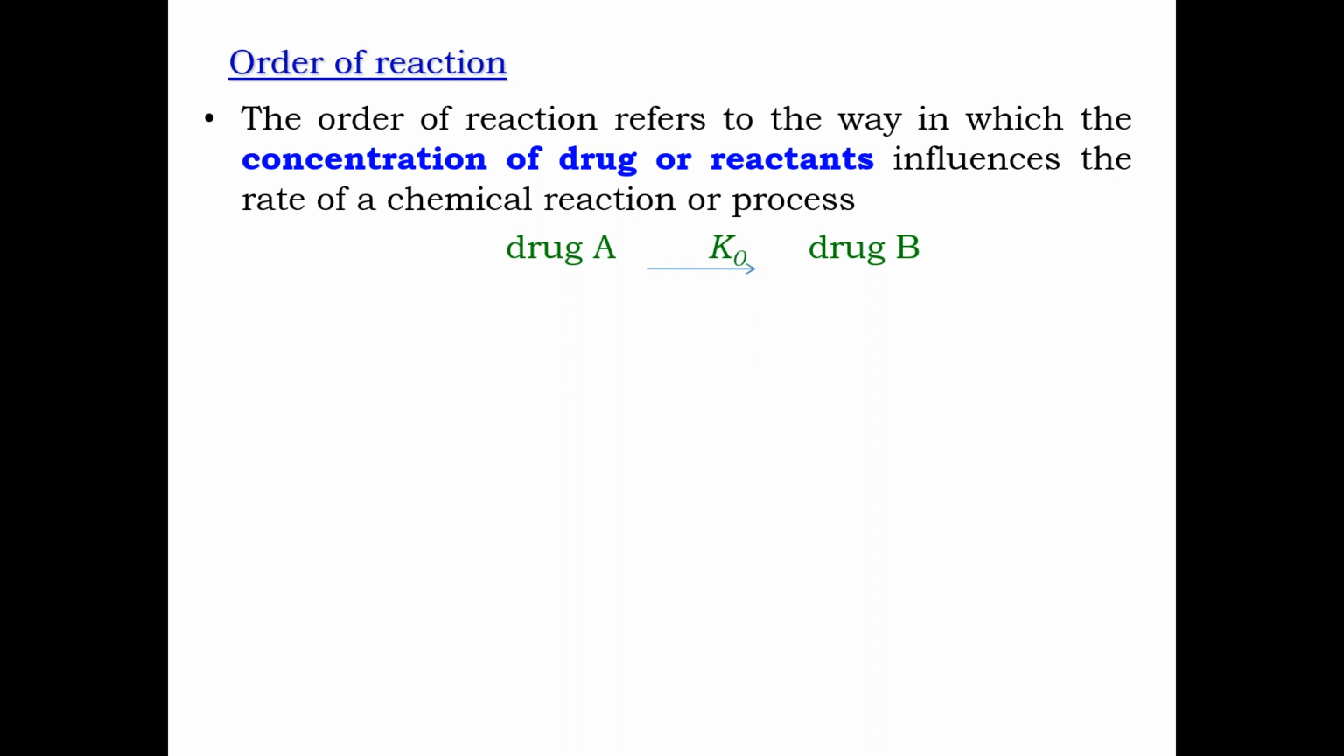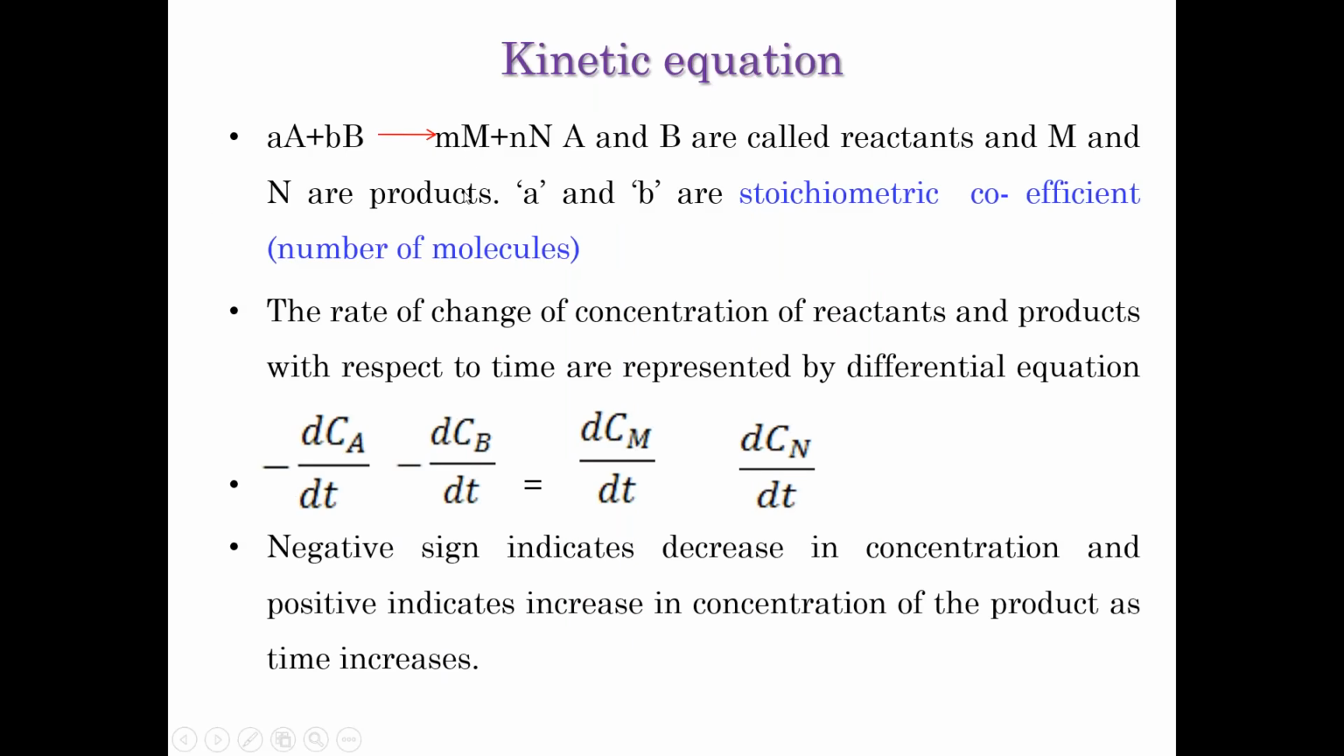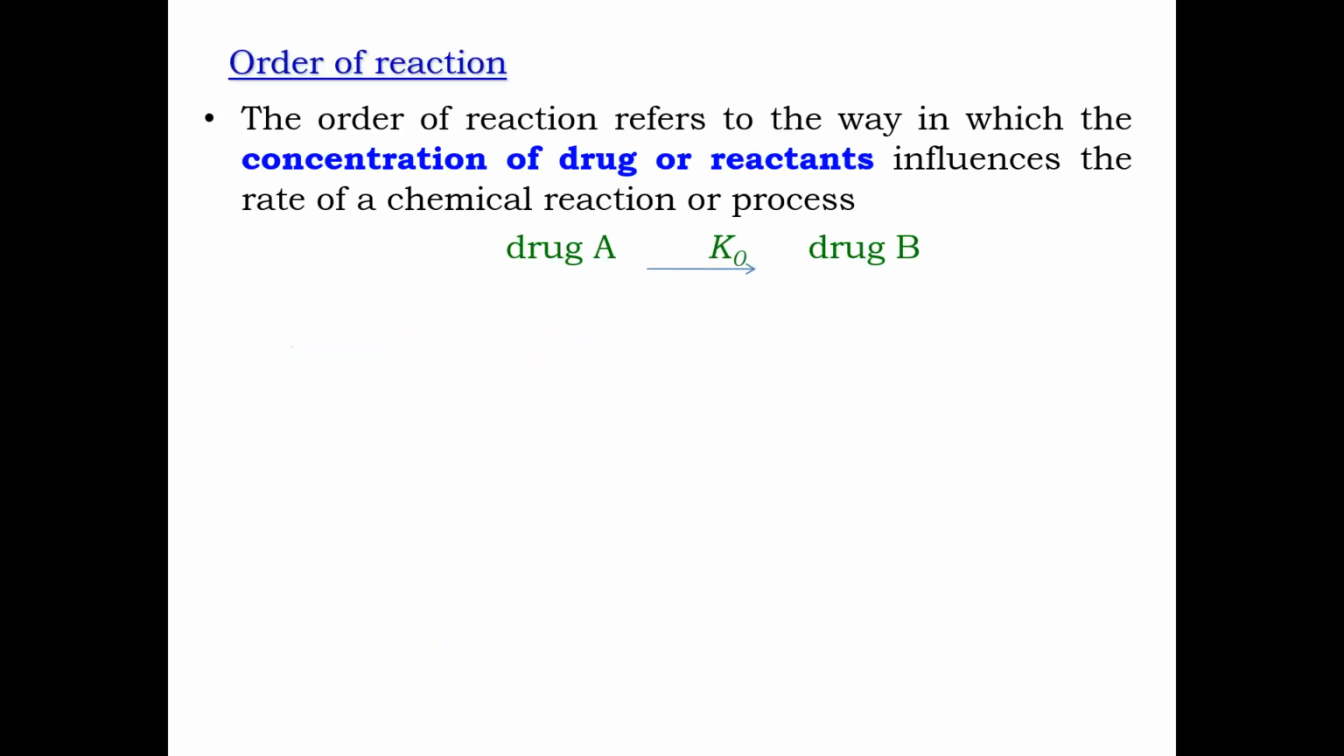So it's zero order. See, till now I told you, if you remember, the exponents A and B in this equation indicate the order of reaction. What message does this order of reaction give us? It refers to the way in which the concentration of the drug or reactants influences the rate of the chemical reaction or process. It gives me information on how the reactant, that is the initial component, or in our case the drug, influences the speed of